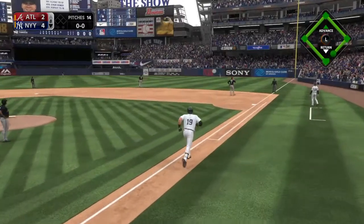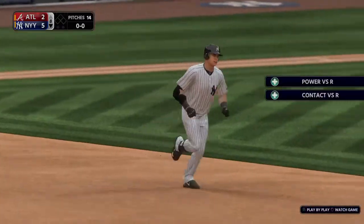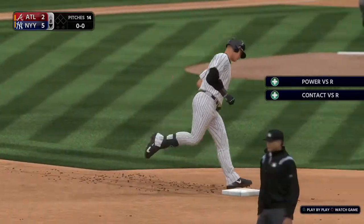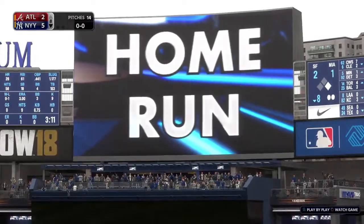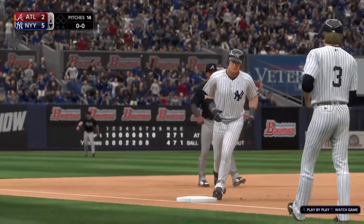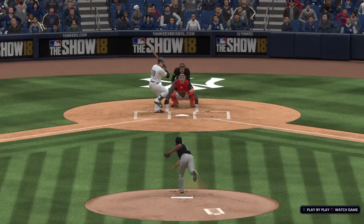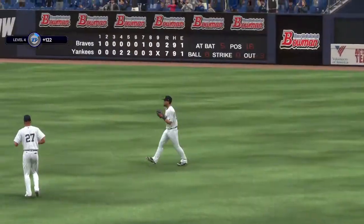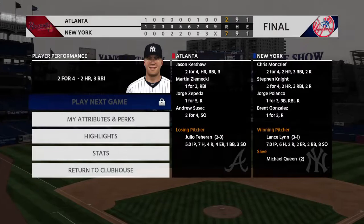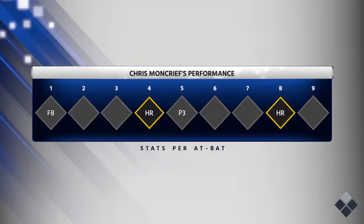And this ball is going to clear the wall. It's a home run. Solo shot to right center. His second of the game. And just like that, it's now a 5-2 ball game. Well, we've now seen 4 homers combined. You can just see that the confidence is radiating off of them out there right now. That's 6 wins in a row, and this looks like...